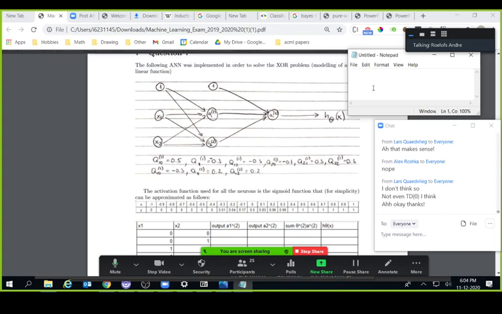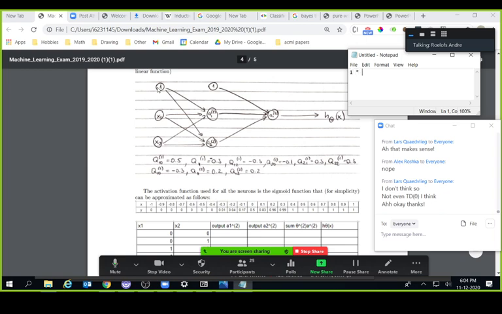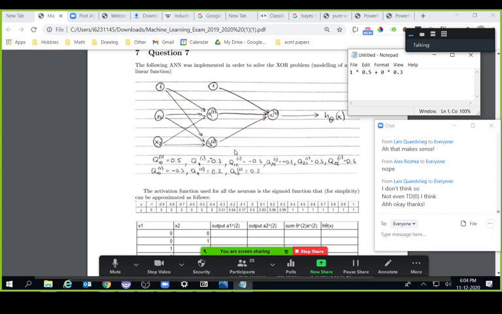So we get 1 from the input layer, which is 1 times 0.5, times its weight, plus x1 is for now 0, plus 0 times 0.3 here, plus 0 times minus 0.3 there, right? And then what we get is simply 0.5, and then we activate this 0.5 according to